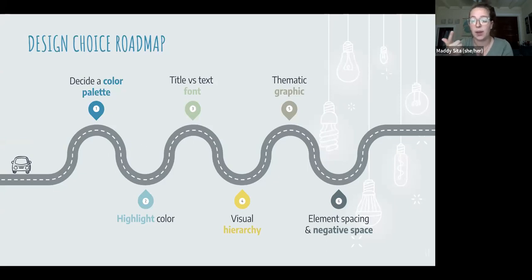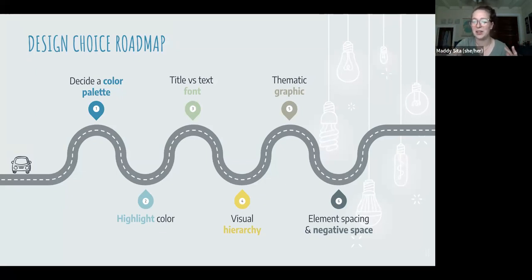Next, we're going to talk about the importance of using a highlight color and how to use it. Then we're going to go on to talking about font choices. So what to use in a title versus a body text, and how those can go together. There's a way that fonts look really nice together, and there's a little trick that I can tell you there. Then we're going to move on to talking about, once you've got all those pieces of your theme, creating a visual hierarchy on your poster that'll draw the eye to all the important things, and then it'll